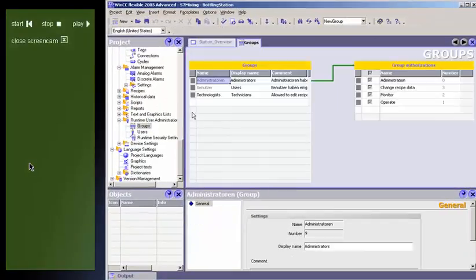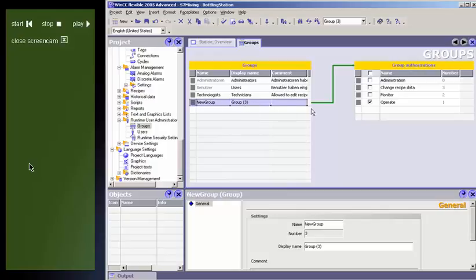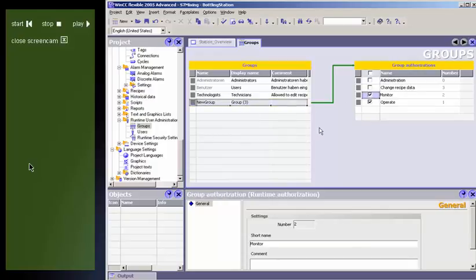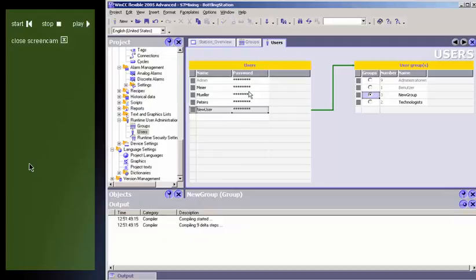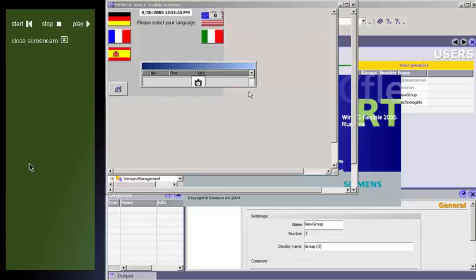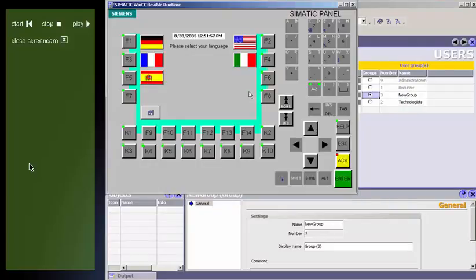WinCC Flexible ensures the implementation of access protection mechanisms, making sure that only authorized persons have access to the panel within the bounds of their responsibility. Every user is allocated to a user group with defined functional rights within the system. These users must register with the system in runtime with a two-component authorization consisting of user ID, for example, name,